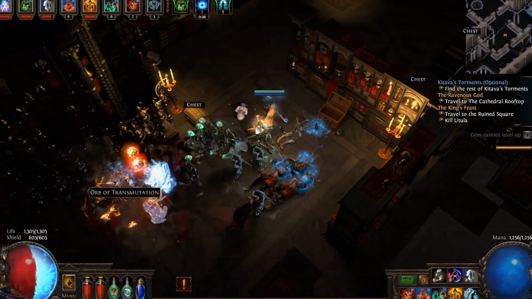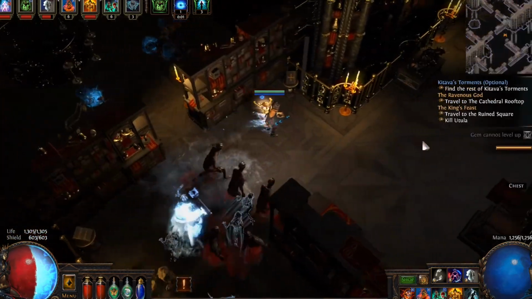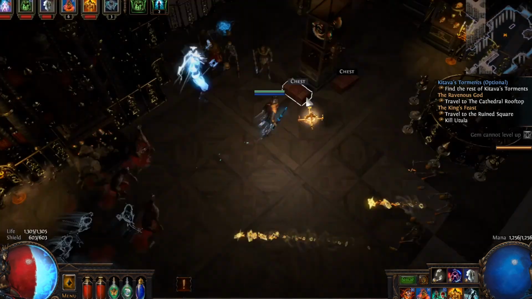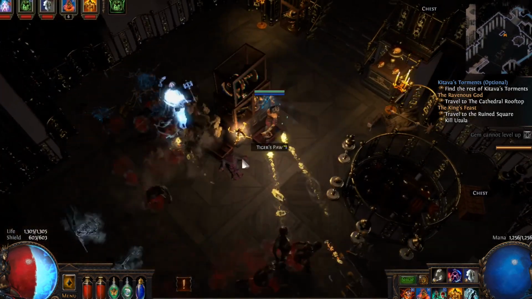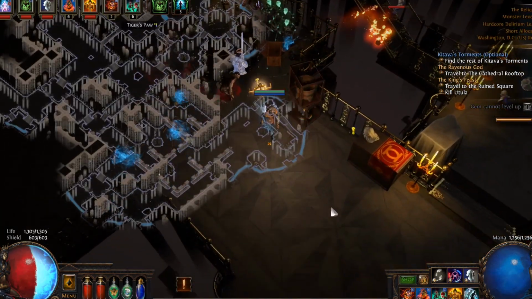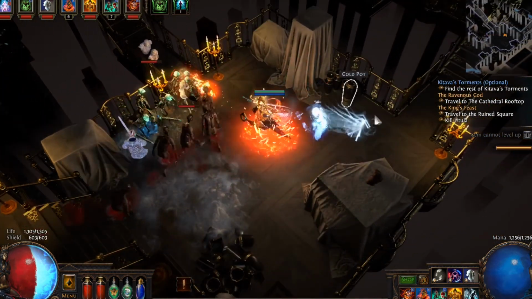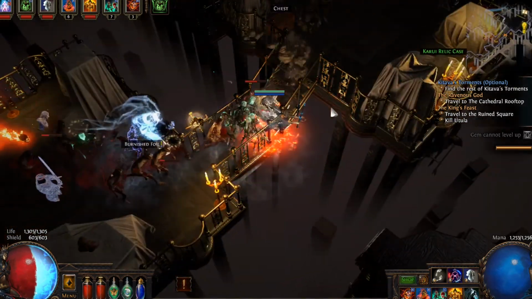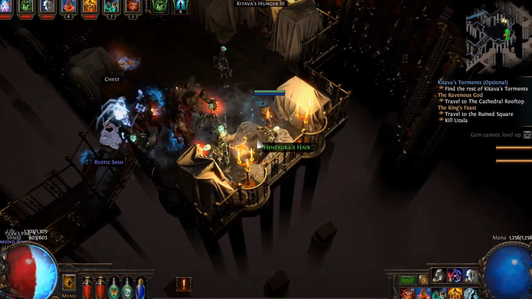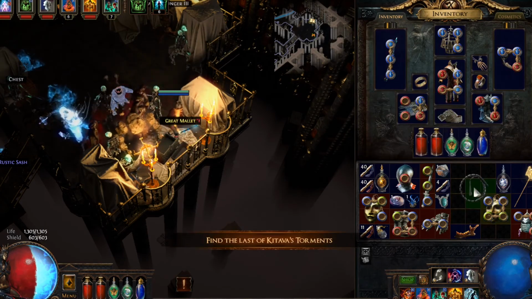I have a feeling Kitava is going to be the boss of this zone, which means we're technically almost done with Act 5. We're going to be level 53. I don't know if that's good or not. I'll say this, the item filter was definitely... I am very glad that I did that. It's tempting to keep that, but...